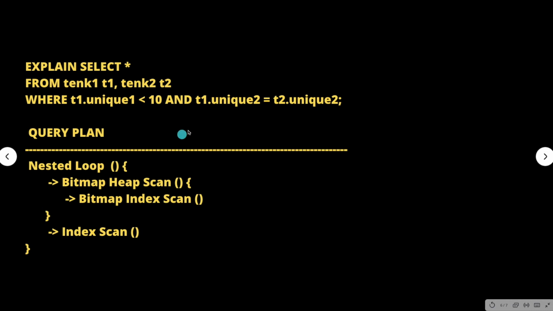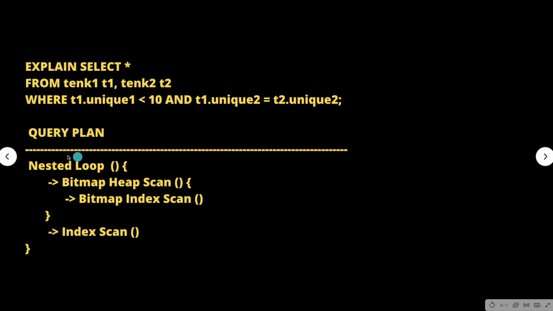So the way the query plan works is it executes the innermost function first, and then it returns the value to the outer function, and the outer function takes that value and does some computation and so on. So basically here it's going to run a bitmap index scan first, and then the bitmap heap scan takes the values returned from the bitmap index scan, does some computation, returns the value, and then it does the index scan, and the index